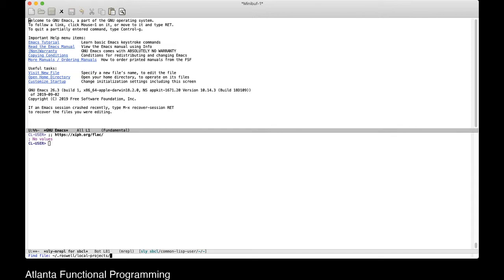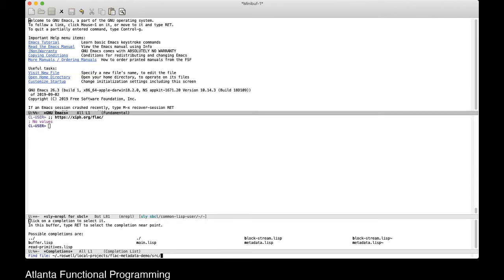To begin with, I'm going to first pull up our buffer, our data structures that we've defined thus far, and load it into our image. So just give me a second. Before I begin,